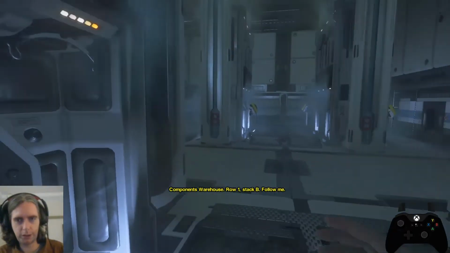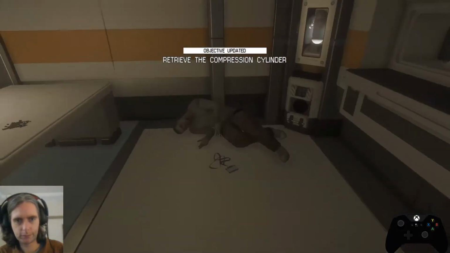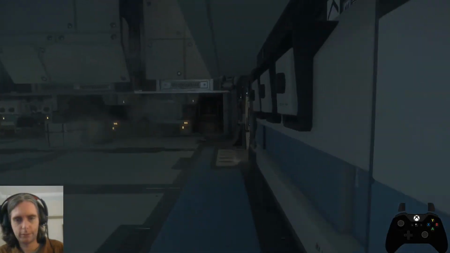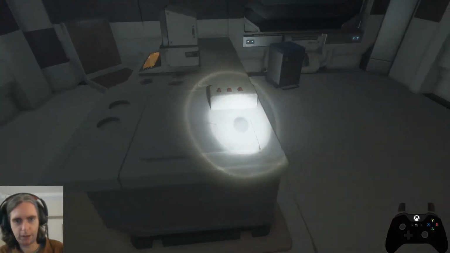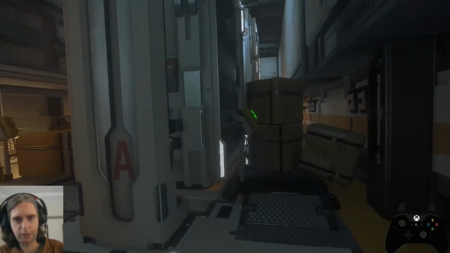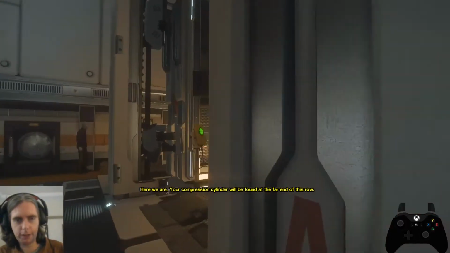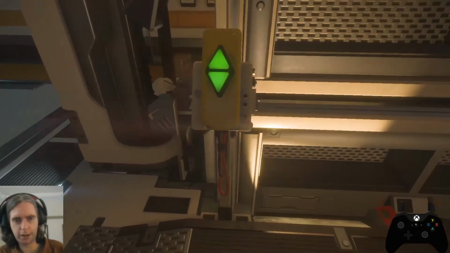While the android's talking, you can actually go and loot this body. Nothing this time, he usually has something. Usually a piece of loot here. So it pays to remember where all the loot is on these shelves. There's an SCJ injector there. Then move this down twice. Start running over here. Move it up once to get a sensor. Then move it down twice to